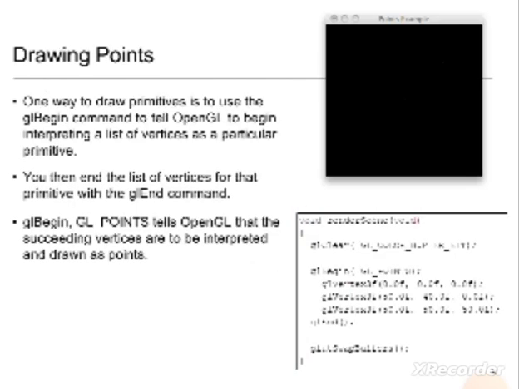So, drawing points. One way to draw a primitive is to use the glBegin command to tell OpenGL to begin interpreting a list of vertices as a particular primitive. You then end the list of vertices for the primitive with the glEnd command. glBegin with GL_POINTS tells OpenGL that the succeeding vertices are to be interpreted and drawn as points. For example,